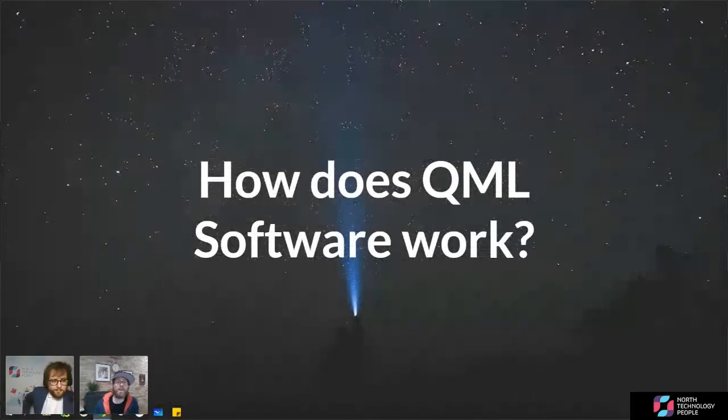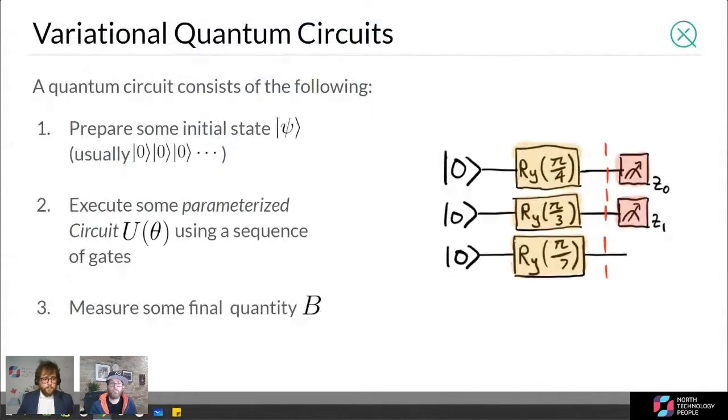So now, this is the $1 billion question. We need to talk about how quantum machine learning software works. We want to use the same ideas as deep learning to make quantum machine learning software. So how are we going to do that? Well, the key idea is to start with a quantum circuit. A quantum circuit is made up of a sequence of gates that are parameterized. These gates will manipulate your qubits based on the parameters associated with that gate.